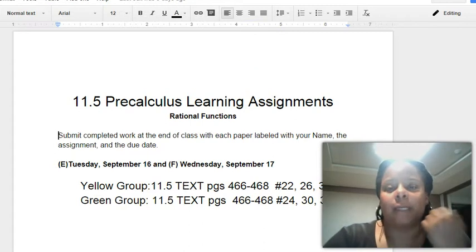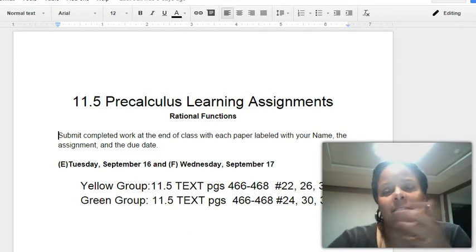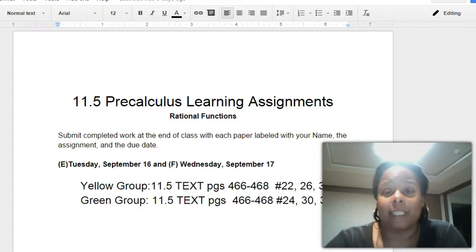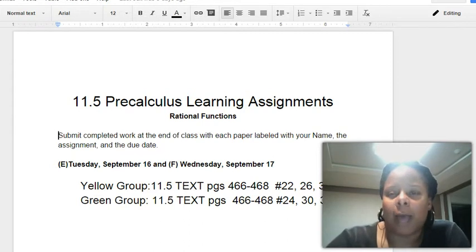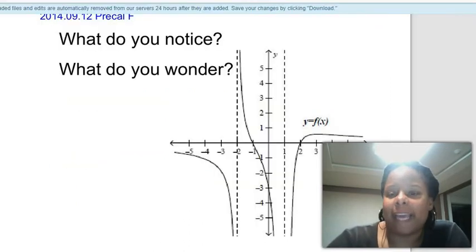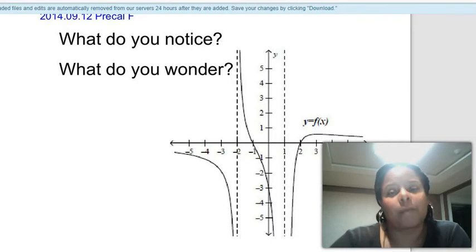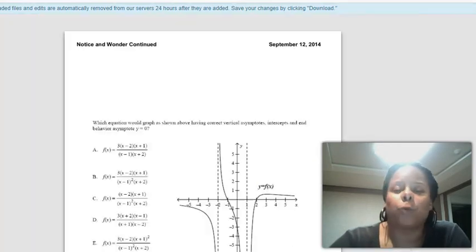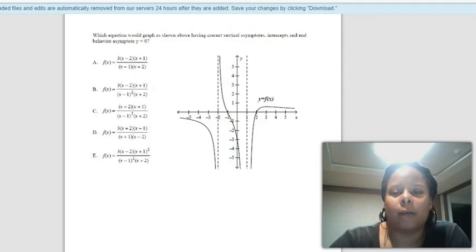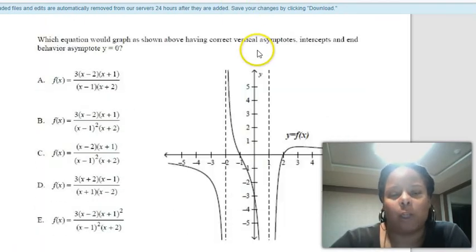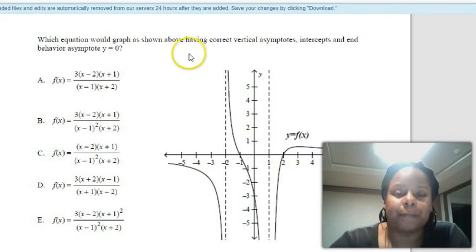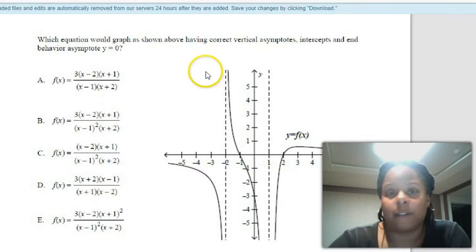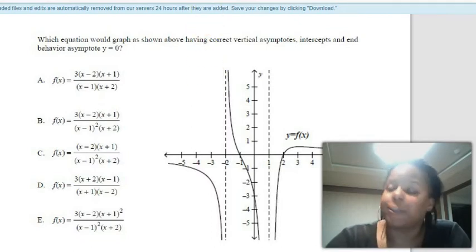So the second class, there's no video. They're just working on finishing up their problem, and then after they finish up their in class, I call it class learning assignment, then I give them, if you remember, they had a notice and wonder the previous day, and so now we continue the notice and wonder, but this time with the actual question that went along with it. So they do have to turn this in, and they work on it in class, and all this stuff is due at the end of class. And so that's how it goes.